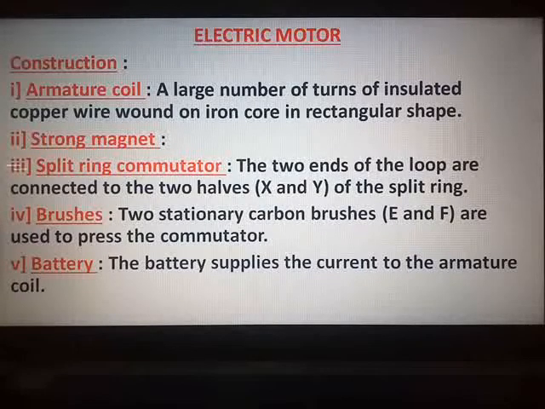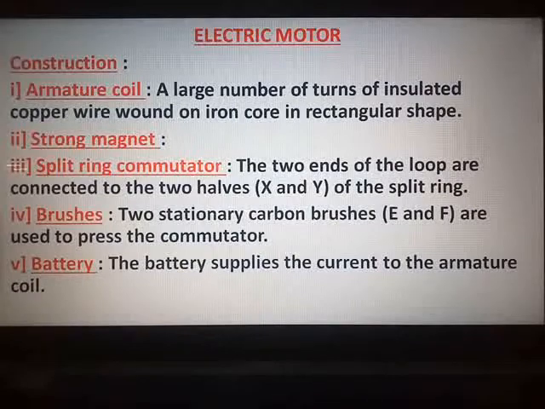So you have to be careful while drawing the diagram in the exam. While drawing the diagram of an electric motor, if the battery is not shown, then you will get a straight away 0, because there is no other use of the other parts of the motor if the battery is not there to supply the current. You have an air conditioner in the house, you have made the entire setup, switchboard, everything is there, but the current is not there, then your AC won't work. Any electrical device won't work without the presence of current. Similarly, it is for the electric motor.